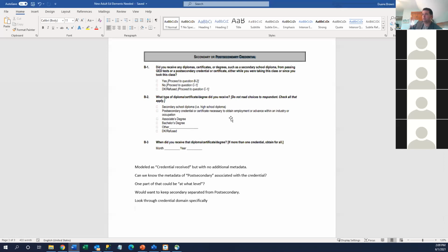So, but it's still considered like an actual credential. So they didn't finish and receive some type of degree or certificate or credit, like they're getting something next to their name, or they've completed something. Because they're in the adult education program, they're co-enrolled in post-secondary, so they're doing work, but did they finish something enough to obtain something at a post-secondary level,